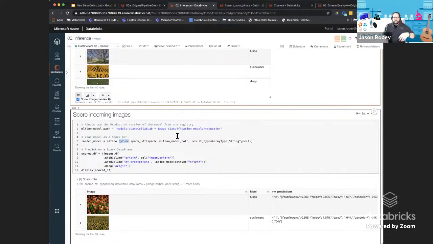Now I can run that in production all day long and then have that data science truly as an out-of-band process. As soon as it publishes, the next run of this guy will get the production version, and I don't even have to care if it's PyTorch or Classic Spark or whatever. So